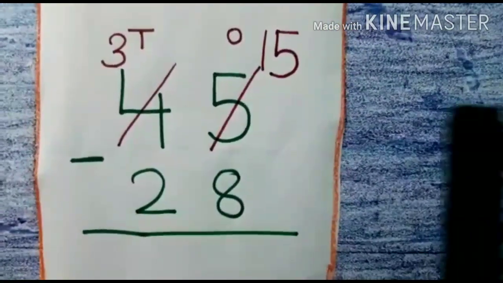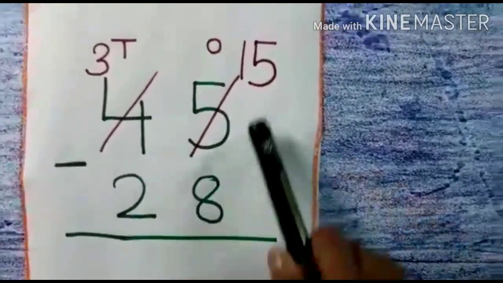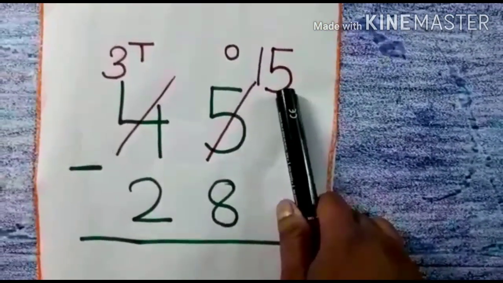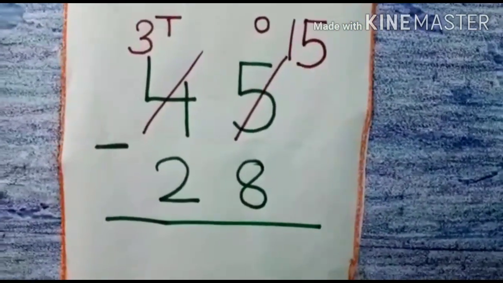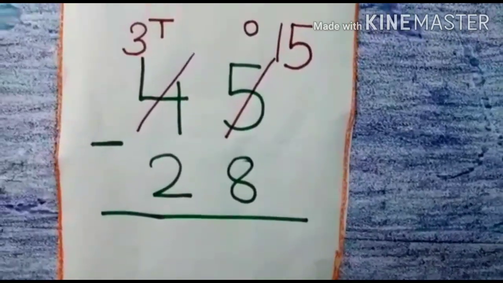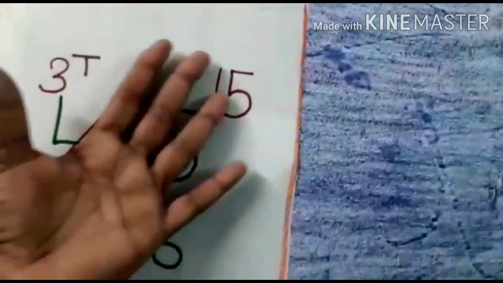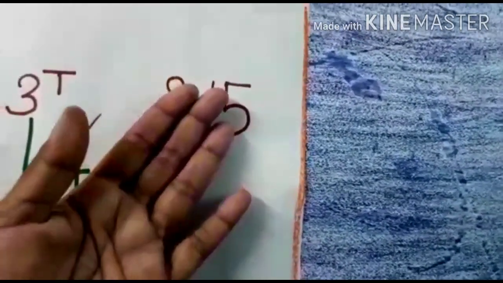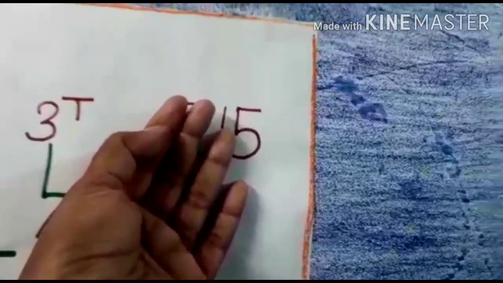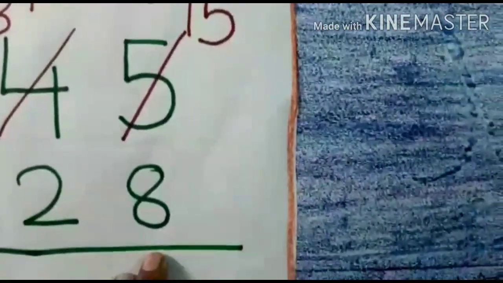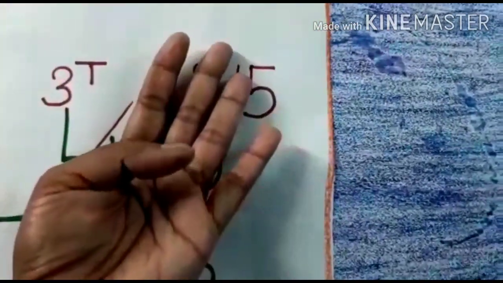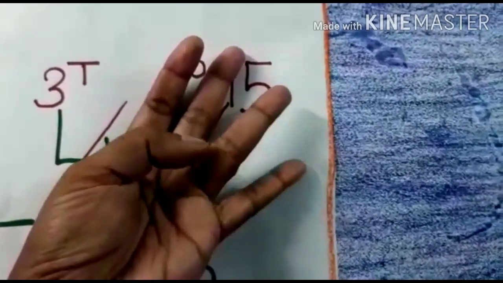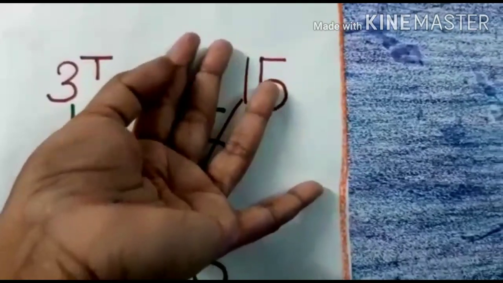Now we will do the subtraction. Here I am having 15 and here 8. So from 15, if I take away 8, how much remains? So let us use our fingers. Now see, where is 15? As I showed previously, 15 is here. And from 15 I have to take away 8. Where is my 8? Yes, here my 8. 1, 2, 3, 4, 5, 6, 7, 8. And 15 is here. Okay.